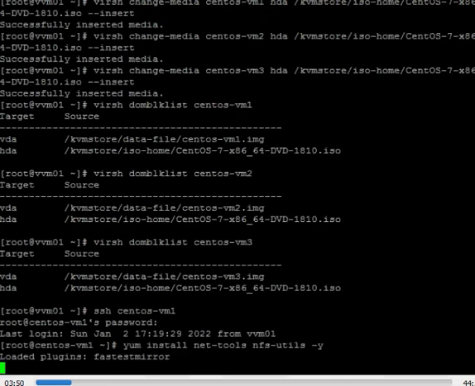Now let's log into the CentOS 1 server and install the packages, that is nettool and NFS-util. Nettool package is used in my pre-check and post-check script, whereas NFS-util is used for mounting the NFS file system.